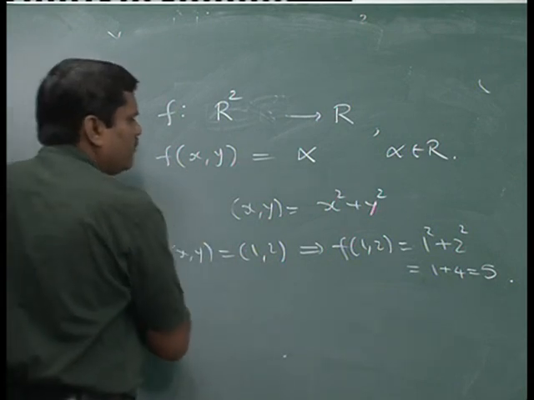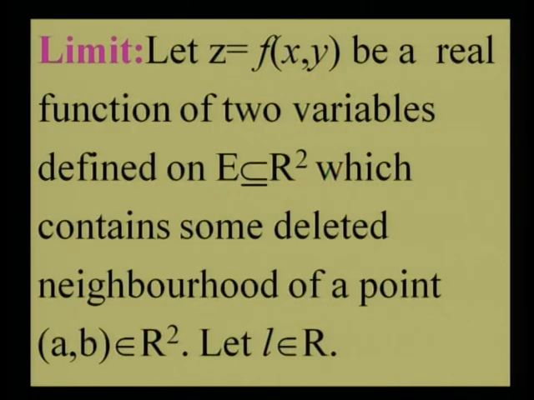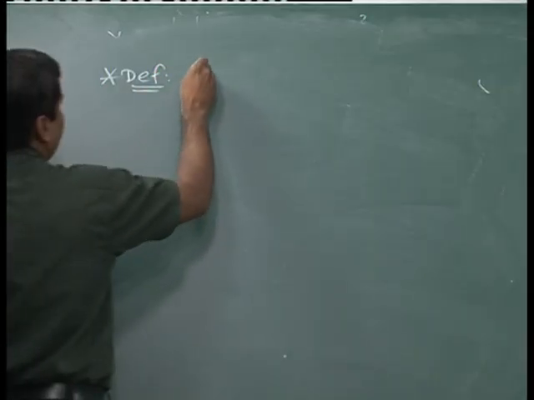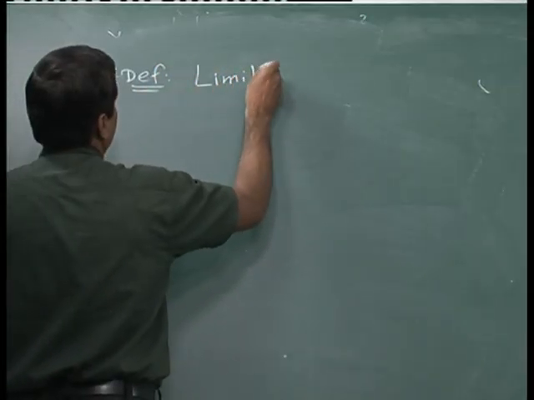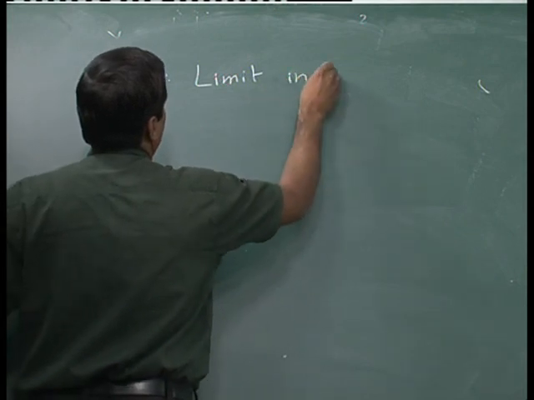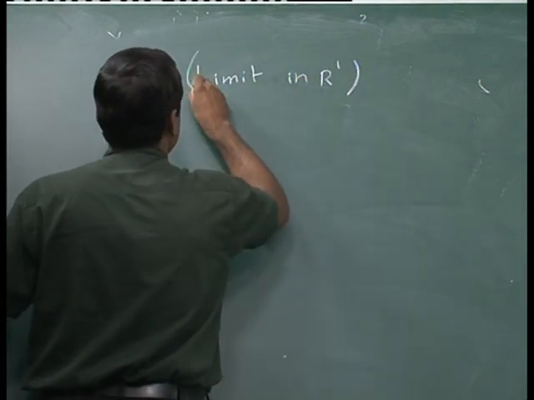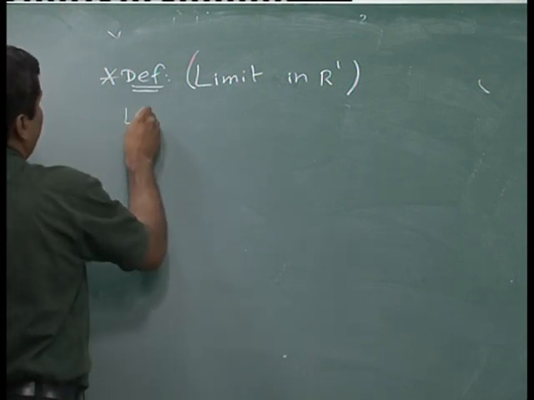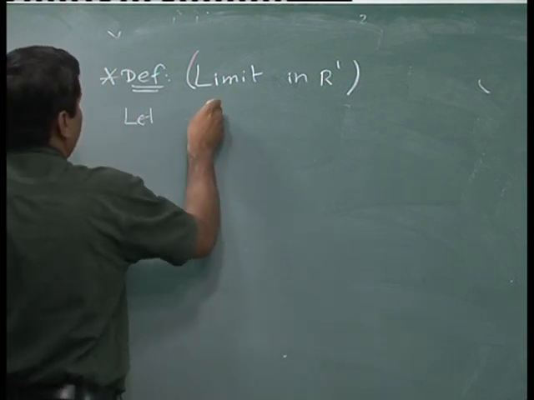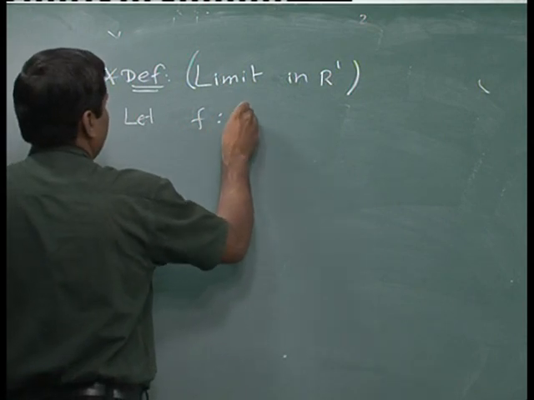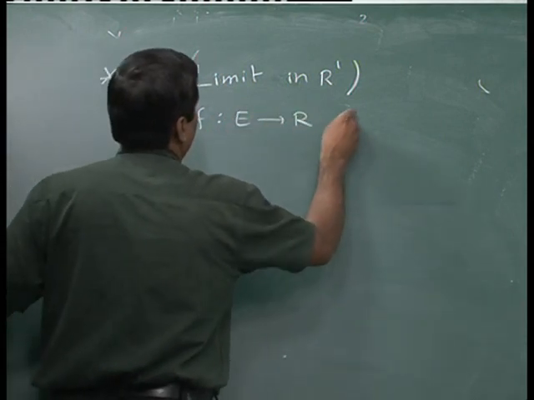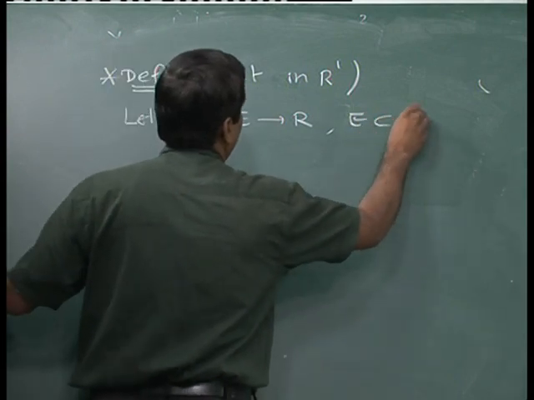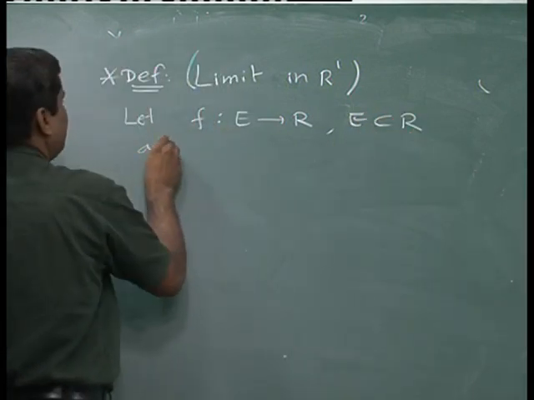So, let us recall first of all our definition of limit of a function of one variable. I am going to write the definition here. Definition of limit in R1, and then I will ask you to generalize for R2. Let f be a function from E to R, where E is a subset of R and E contains